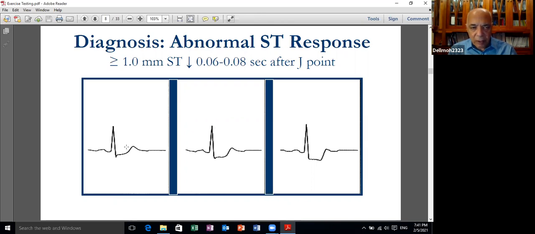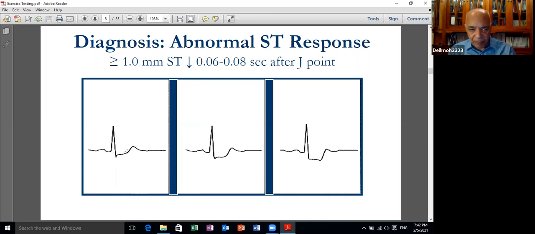It's important to know that the changes should be in 3 consecutive cardiac cycles, not only 1. And then the way you identify the baseline is to look at the top of the R waves, not the baseline which is in the TP interval, because this is going to confuse you. The top of the R waves in 3 consecutive cycles should be isoelectric, should be at the same level, and at the same time you look for the point which is separated from the J point. The J point is the junction between the descending limb of the QRS complex and the ST segment. You look to the point which is away by 60 to 80 milliseconds, and find out how far it is